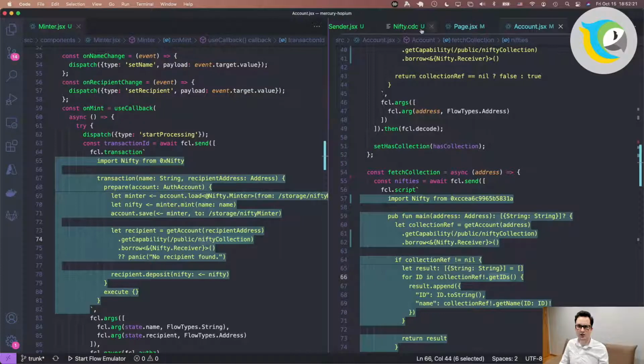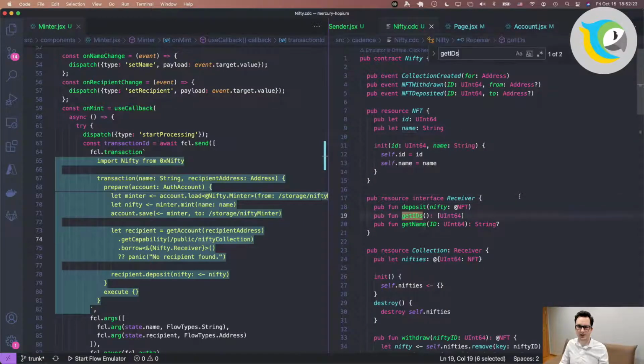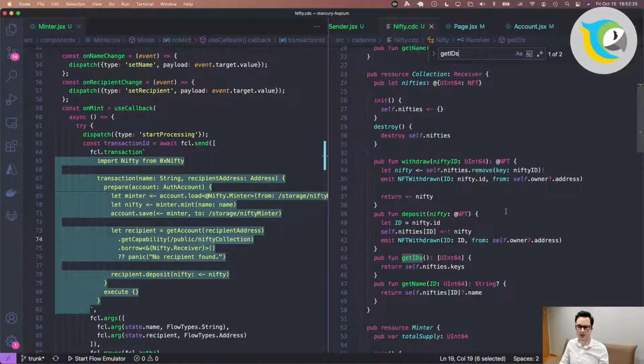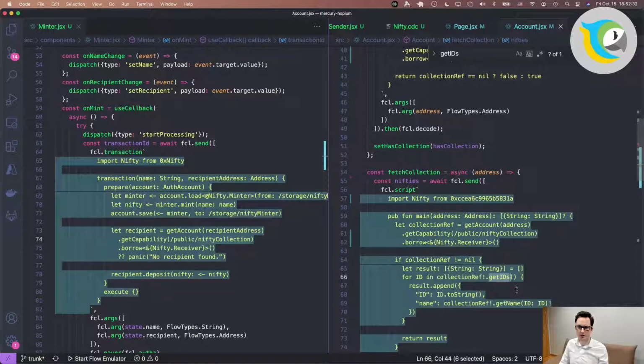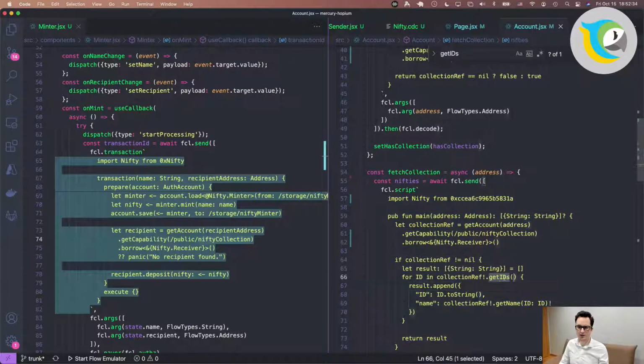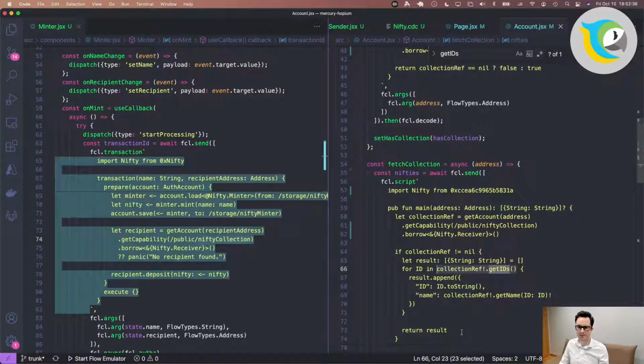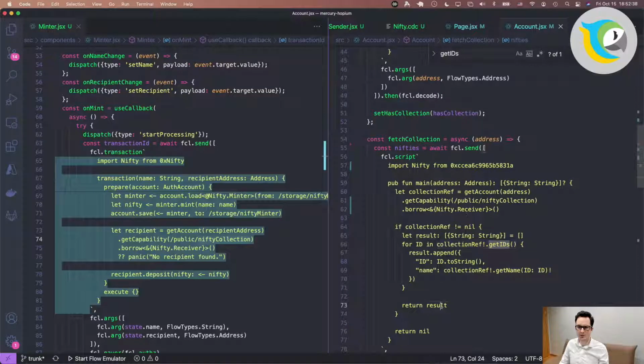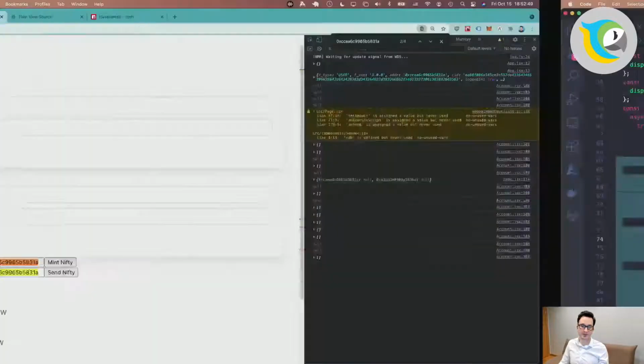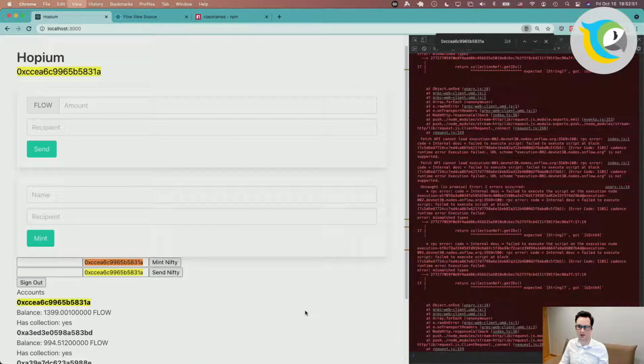Let's inspect our nifty.cdc. Get IDs returns our keys. Let's see. What if we return a result, and that's an array of strings? Let's experiment right here. Okay.